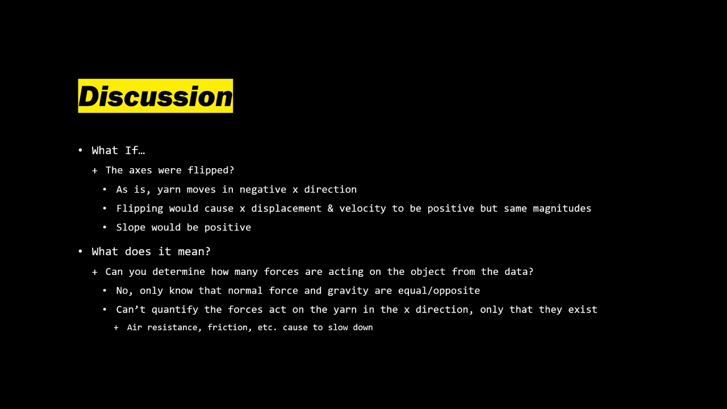Furthermore, if the axes were flipped, then the yarn would just have a positive velocity. The displacement and the velocity would be the same magnitude but positive. The slope would be positive. And then I can determine the forces acting on the object vertically, but I cannot determine which forces are acting in the x direction just because